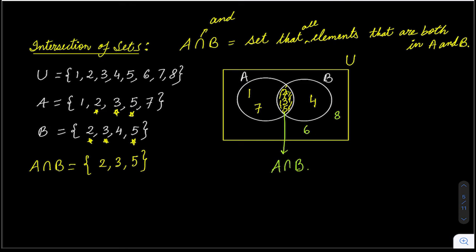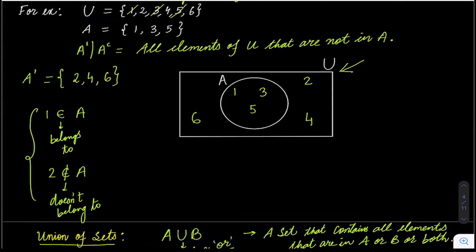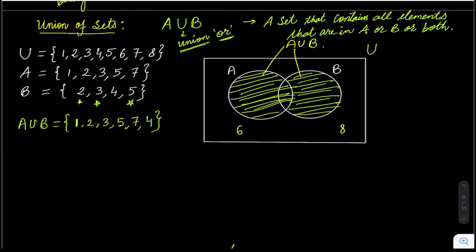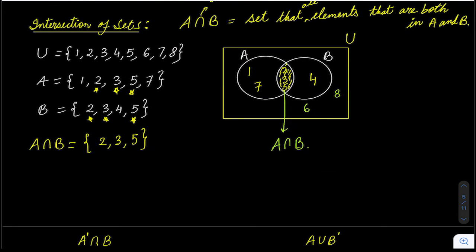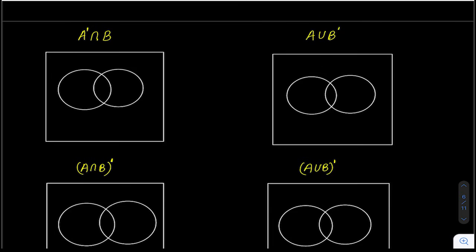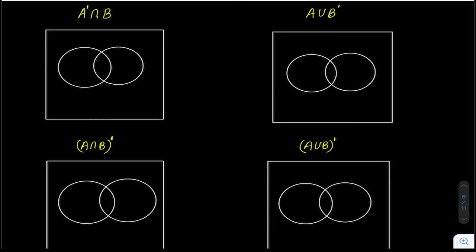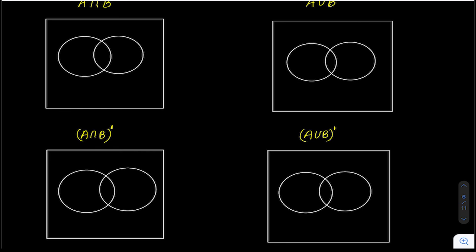So that's all you need to know about complement of a set, union, and intersection. Now let's see some cases which are very frequent, so you must know them. These are the 4 cases when 2 sets are involved. Let's first discuss the third case. Let's call these A, B, C.